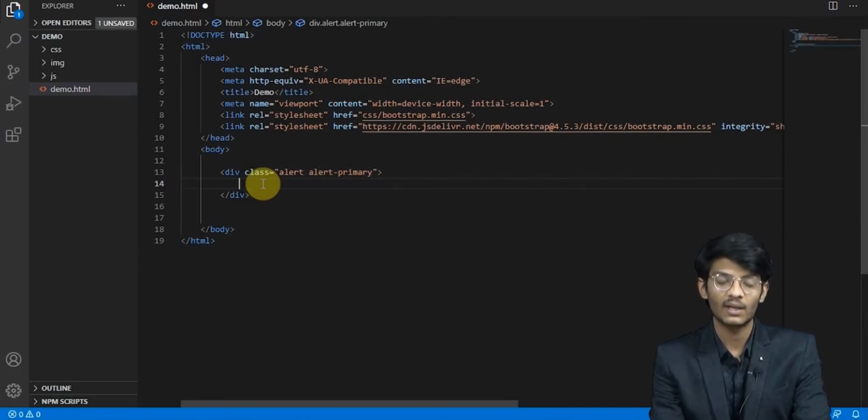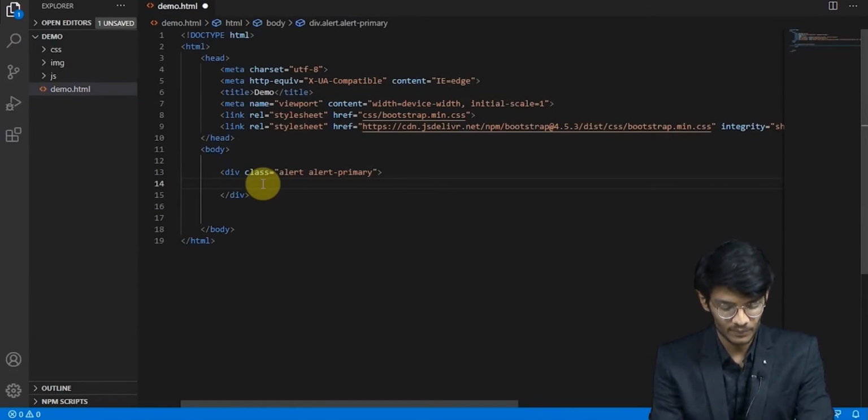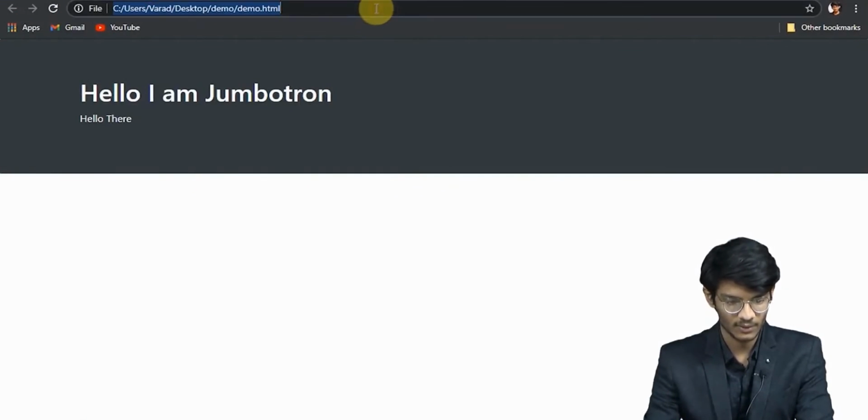In this particular class we don't have to give any kind of h1 or p tag. We can give it, but if we do not give those tags, we can still see the output. So let's just take an example. I'll save it and then we'll see it in the browser.